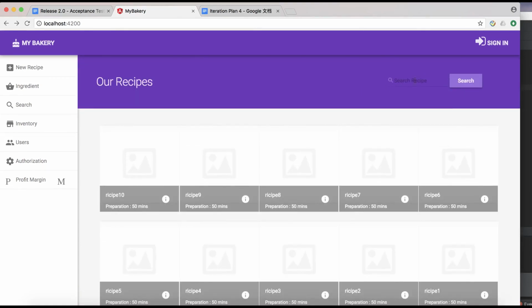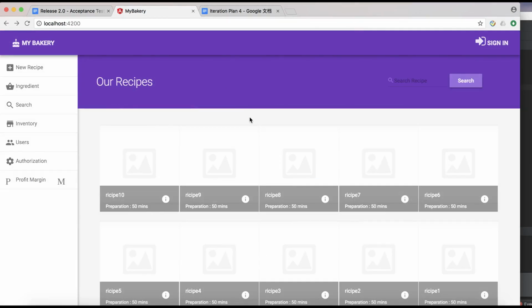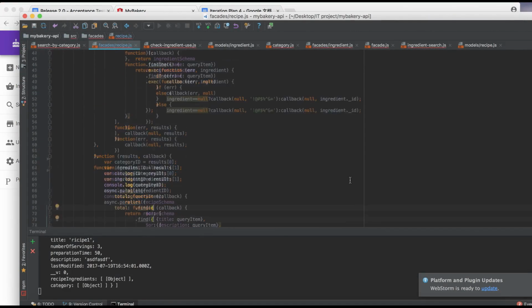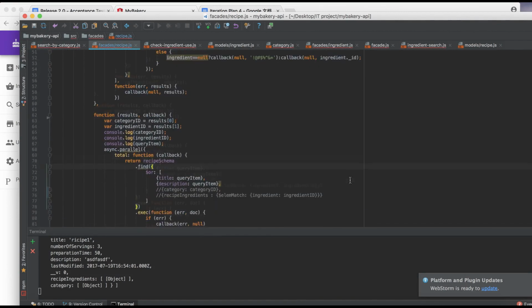So search by title or search by description is actually working fine. But for the rest, search by category and search by ingredient, because we're using MongoDB, it's kind of hard for us to do a cross-table search. So let's take a look at the code here. The two main problems I've come across, the first one is